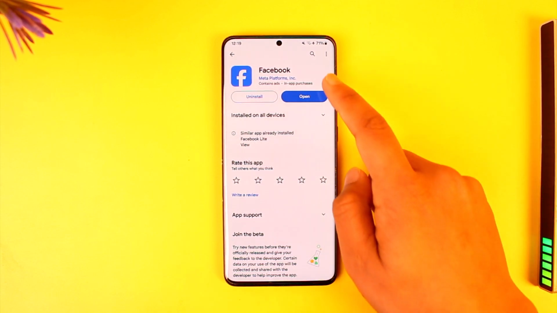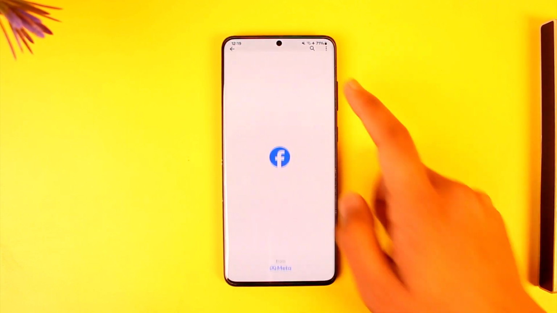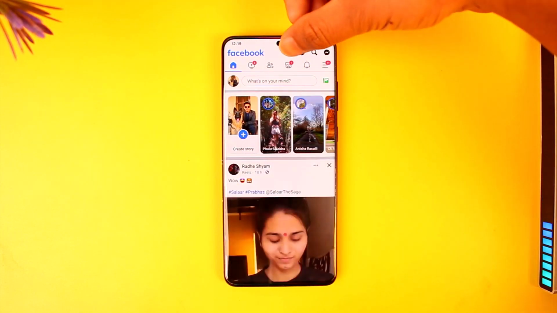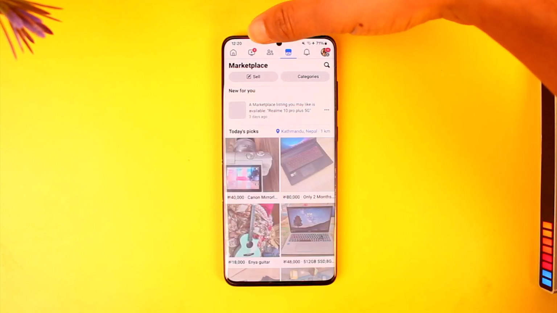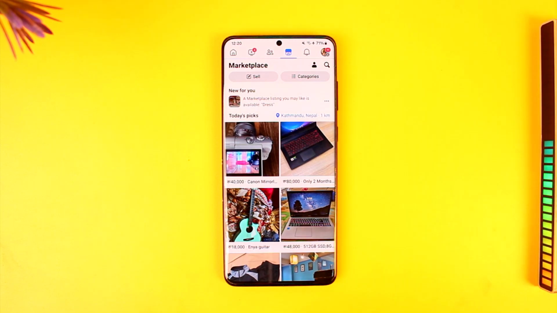All you have to do is first of all make sure to launch the Facebook application. Now at the very top you can see marketplace. In my case the marketplace is there by default. Now remember that marketplace doesn't need to be enabled. You just have to look for the marketplace option and you can instantly begin buying or selling goods on Facebook